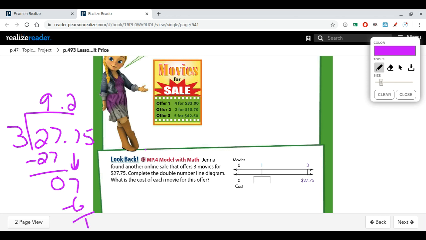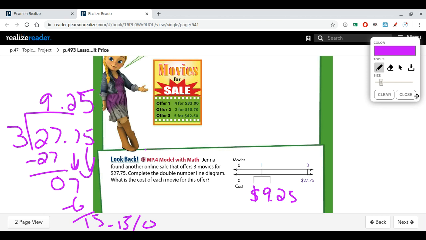Subtract, I have 1 left over, bring down the 5. 3 goes into 15 5 times. Subtract the 15, and I end up with 0. So my double line diagram is going to be $9.25. So that offer 1 for $33 is still the best offer for